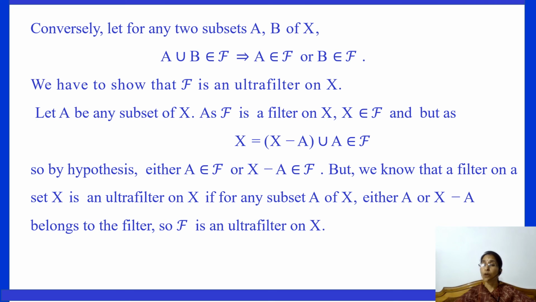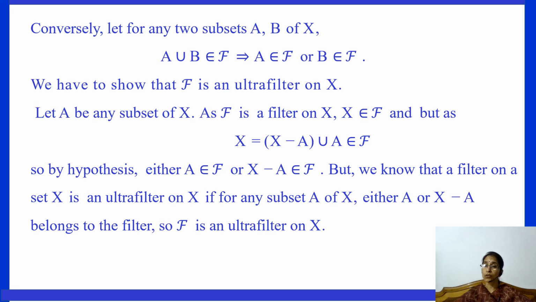Then X belongs to F. Why? Because we know that a filter contains supersets of each of its members. And since X is a superset of any member of F, X always belongs to F. And X can be written as complement of A union A. And since X belongs to F, complement of A union A belongs to F. By hypothesis, as we have assumed that A union B belongs to F implies that either A belongs to F or B belongs to F,